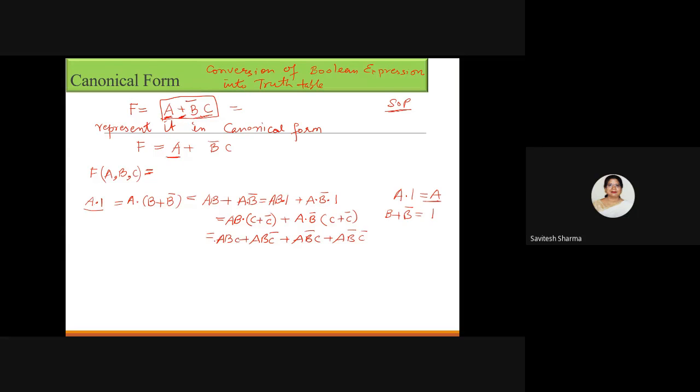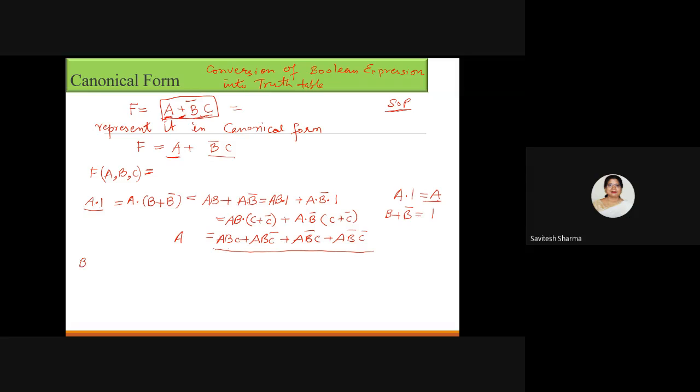So you now see that I started with the A and now I come out with the expanded form. So A is actually containing four min terms. Found? This is the first min term, second min term, third min term, and fourth min term it contains. So what I did, I converted this A into 4 min terms. Now each term contains all variables. So it is perfect. Now I will concentrate on the second term.